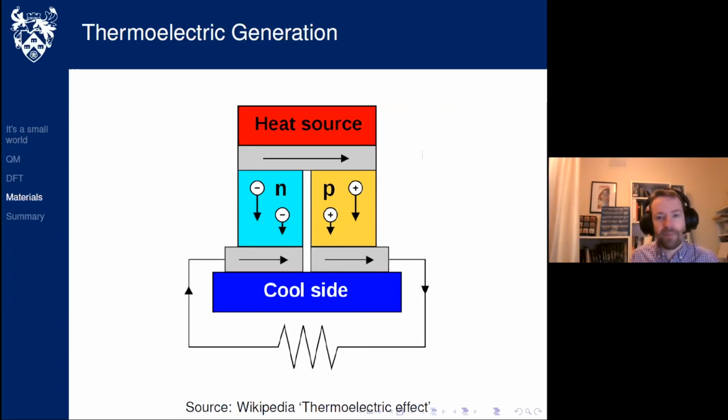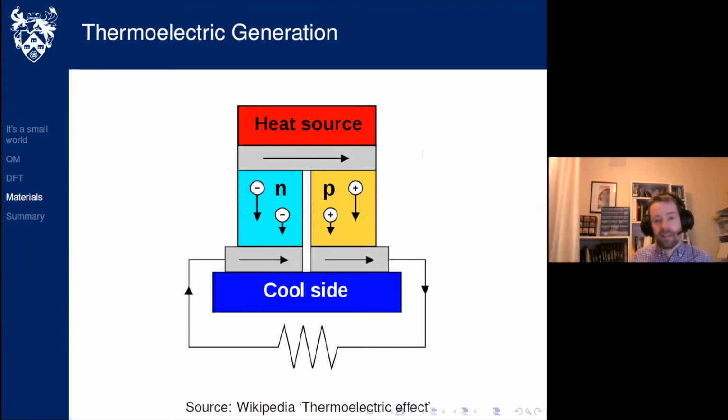But now I do something a little bit different. Now I take a material and I remove some electrons so that there's some net positive charges. And that's what I've done with the yellow material on the right-hand side. Now what happens is, at the hot end, those positive charges move around. These are a bit like bubbles. So they're not real positive particles, they're gaps in the electrons. But just like bubbles, they behave as if they were particles with the opposite properties to the fluid around them, which in this case are the negatively charged electrons, so the bubbles appear positively charged.